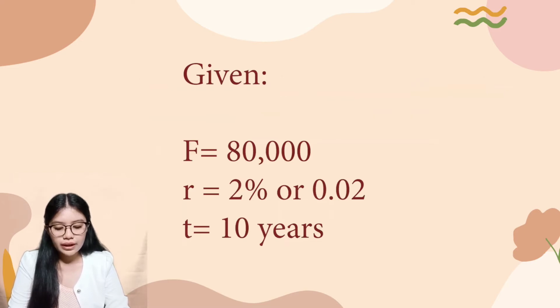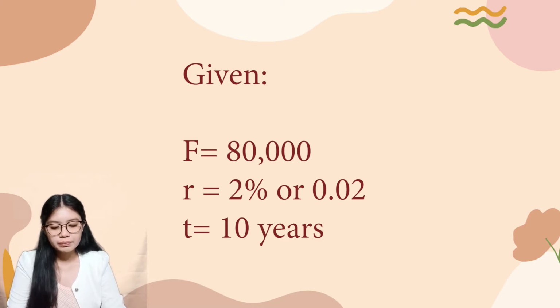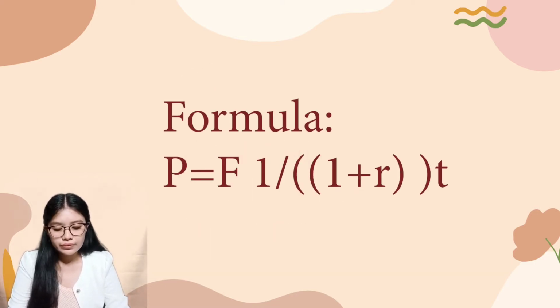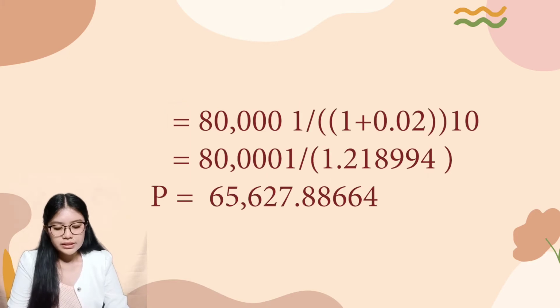F equals 80,000 pesos, R equals 2% or 0.02, and T equals 10 years. Here is the formula for finding the present value at compound interest. P equals F multiplied by 1 over (1 plus R) to the power of T. It is equal to 80,000 multiplied by 1 over (1 plus 0.02) to the power of 10